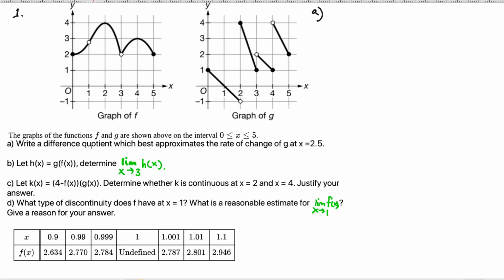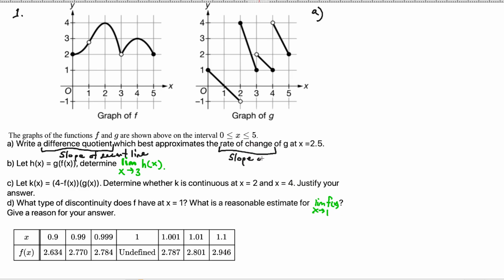For A, it's asking for the difference quotient, which best approximates the rate of change of G. So we have these two things. The difference quotient is just essentially the slope of the secant line. So it's going to be a slope between 2 points on this graph. And the rate of change is given by the slope